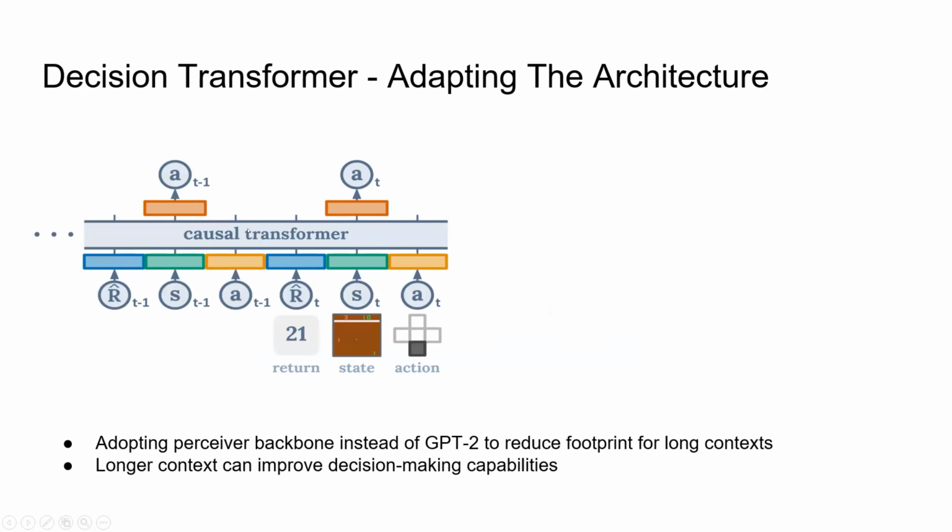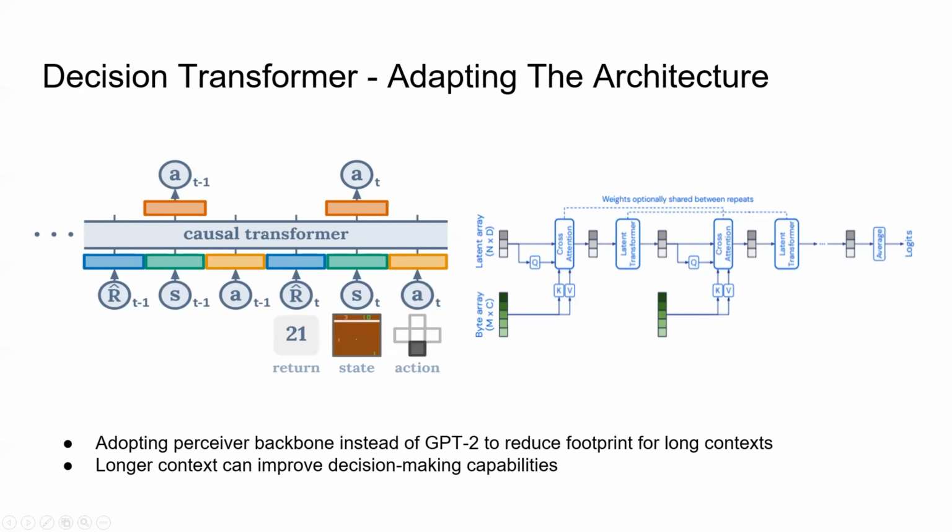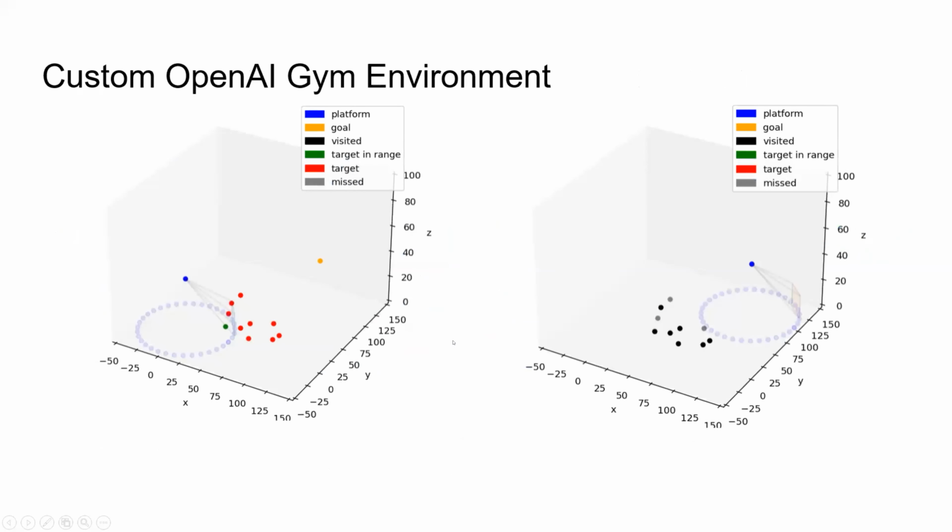So again, our approach was to take the decision transformer seen on the left here and adopt a more perceiverized input structure, using the kind of flat input array and the cross attention mechanisms to do a much more efficient attention calculation. So we're still in the middle of implementing that part of it, and I'll show you. And the reason why is, again, to address those longer contexts where we can fit more previous frames and more information into those arrays. What we have done is finished creating our custom environments where we have basically a flexible